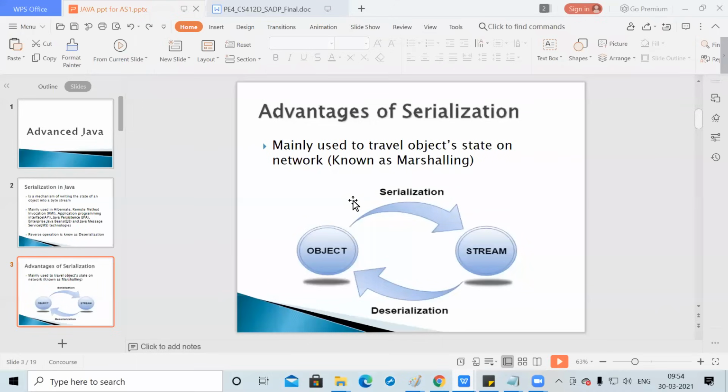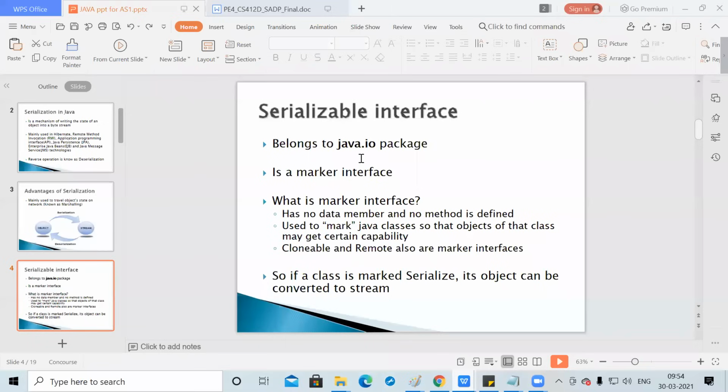This is the advantage. The Serializable interface is also used here. That particular interface is in java.io, the Java input output package. It is a marker interface. What is a marker interface? It has no data members and no methods defined in it.